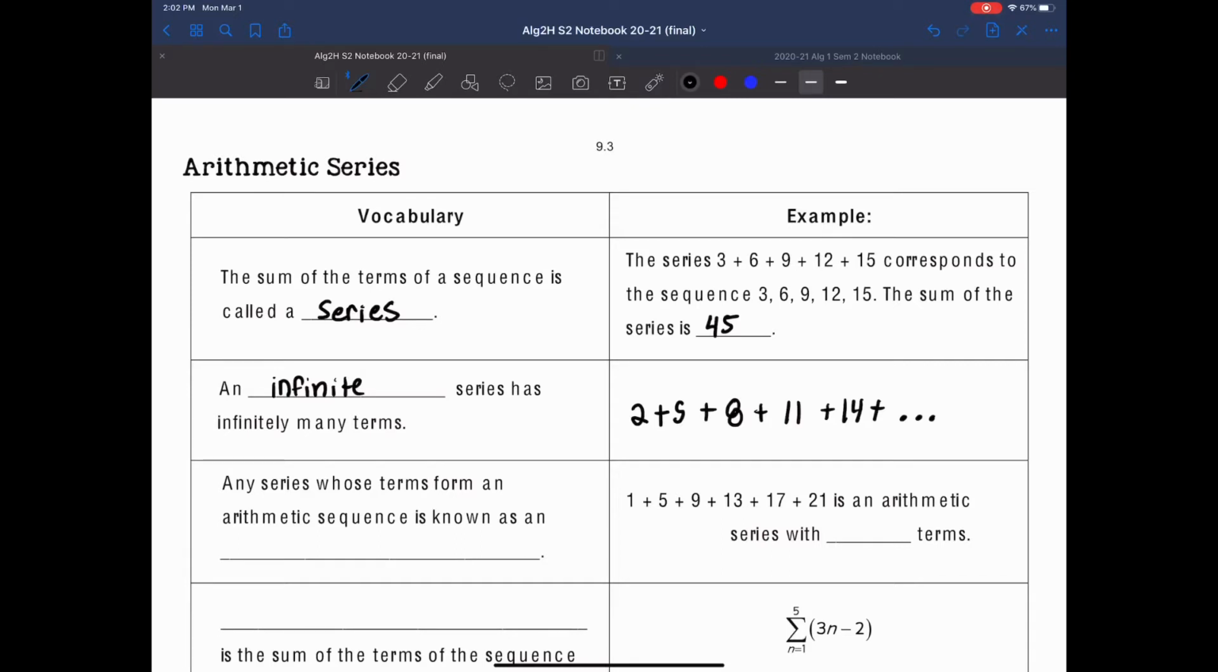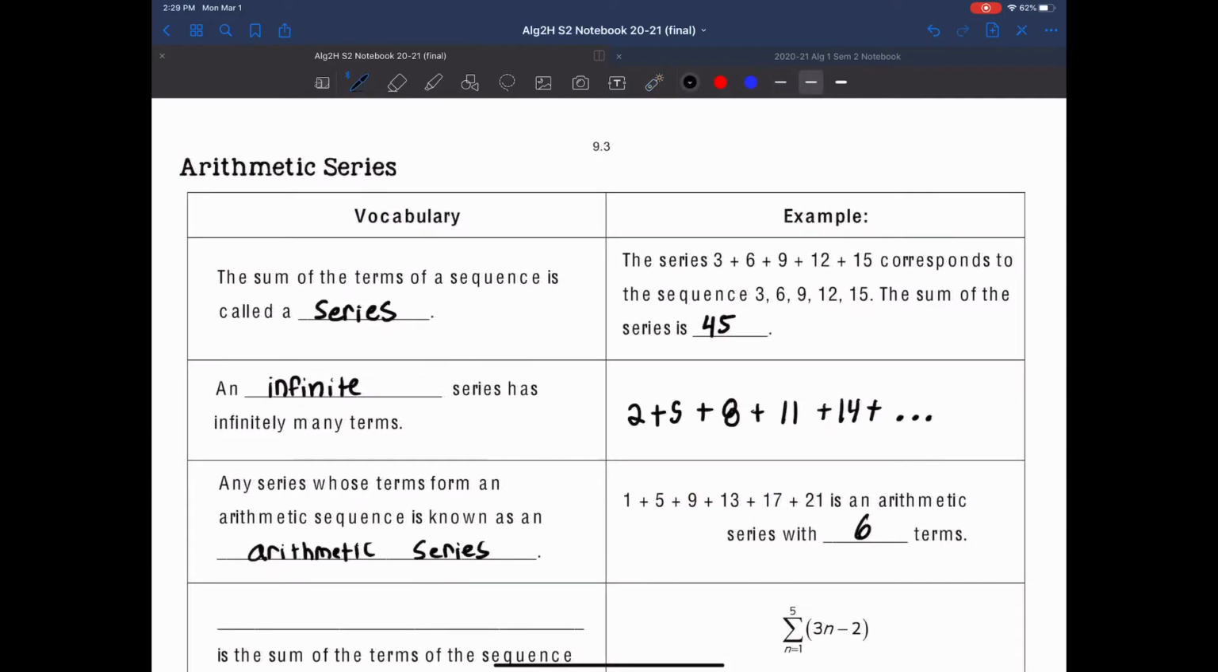Next word, we have: any series whose terms form an arithmetic sequence is known as an arithmetic series. And that is the bulk of today's lesson, discussing arithmetic series. So for example, if we have 1 plus 5 plus 9 plus 13 plus 17 plus 21, that is an arithmetic series with 6 terms. The reason it's arithmetic is, to get from one term to the next, we are adding the same number. We continuously add 4, and since we have that common difference of 4,